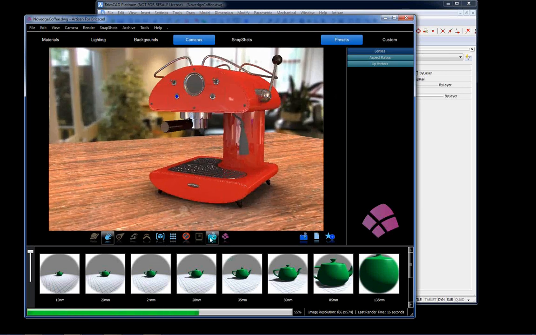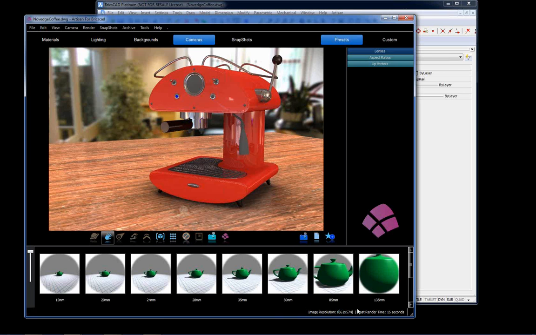This icon here, so it's rendering, as you can see. Sorry, I've just let it finish rendering there. It takes about 15 seconds to produce a rendered image of that model. This icon here allows me to create a snapshot, and if I hit that,